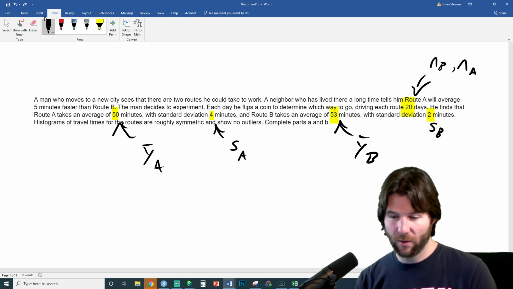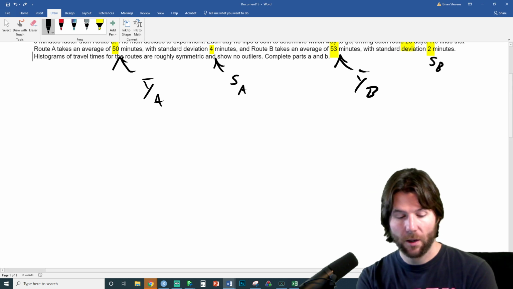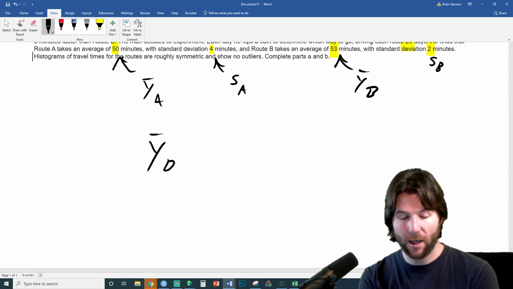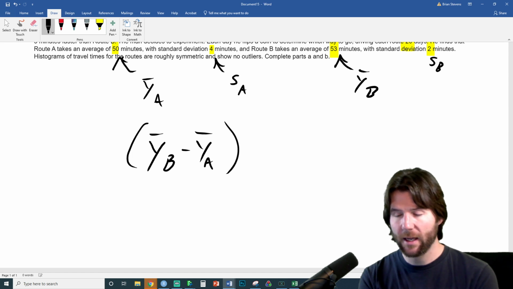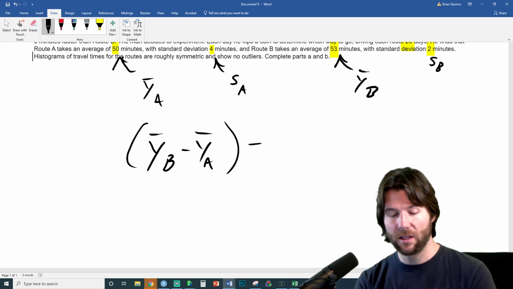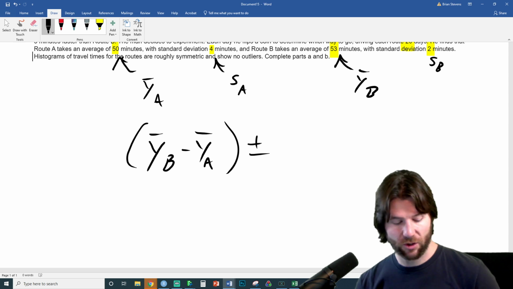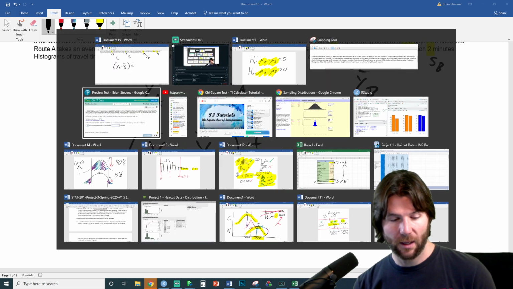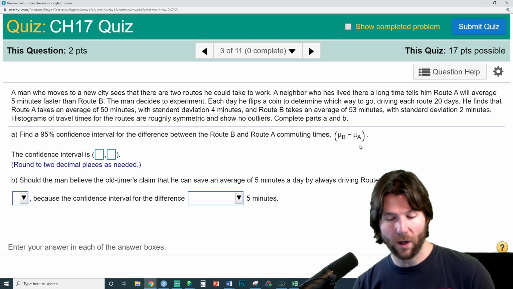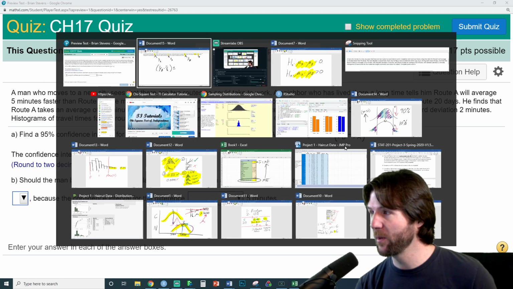With everything, I think we have everything still written on here. Awesome. We're going to use the equation. We're making a confidence interval, so we need y bar B minus y bar A. Now you might wonder, why is it y bar B minus y bar A? Apparently they used the second alphabetical letter first when they wrote their question. It's just the way the question is written, asking us to solve for y bar B minus y bar A. Now I know it's saying the true difference right here, but when you do the formula we'll use the sample difference.